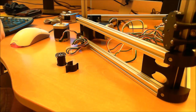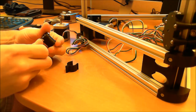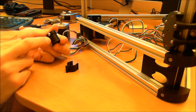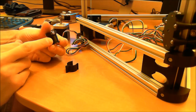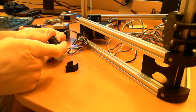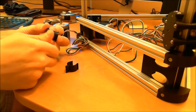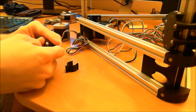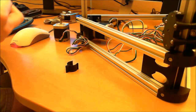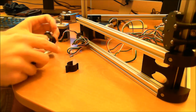In order to thread this, you have to take one of the screws out. There are two threading holes on here, so I got to take that out. And then